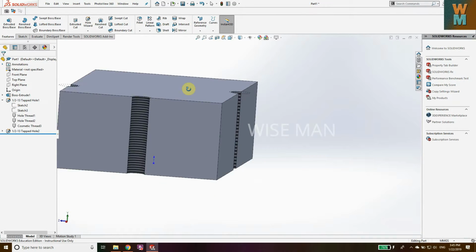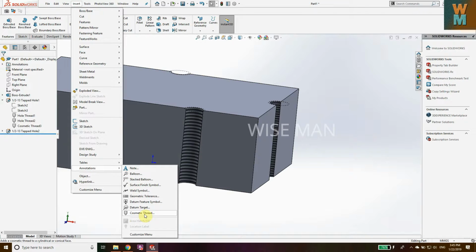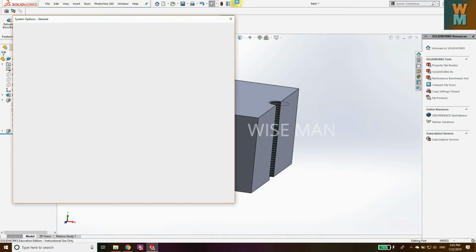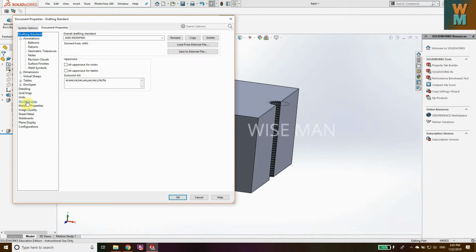What happens sometimes, if you insert the annotation of cosmetic thread, it sometimes doesn't appear. Why? Because in your setting options it is not visible. So how to do that? If you go to setting by clicking on this setting option, go to document properties, here you have to go